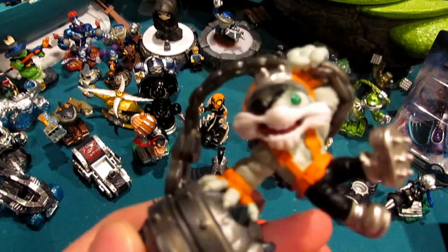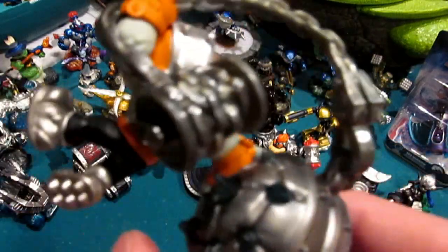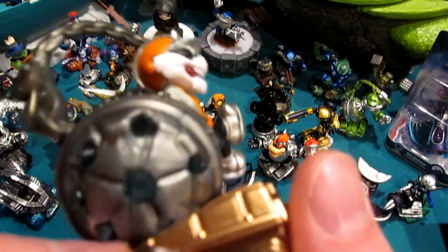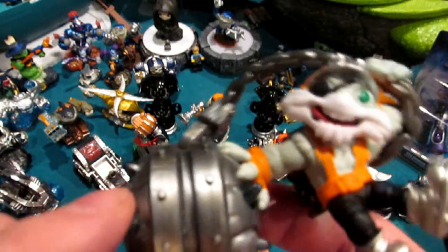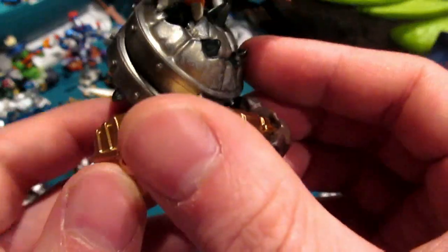And this is it, man. This is Smash Hit. And I was correct. I had no idea we'd get this guy today when I was talking about how I think I'd prefer this one last night, but I'm glad we did because this is sweet. In addition to this being an awesome wrecking ball, this is more of a titanium color as opposed to just silver, I guess, because it kind of blends with the stone color a little bit